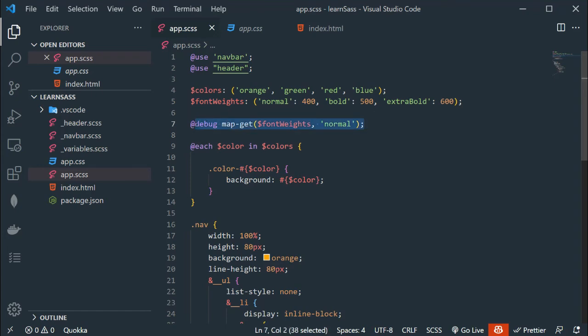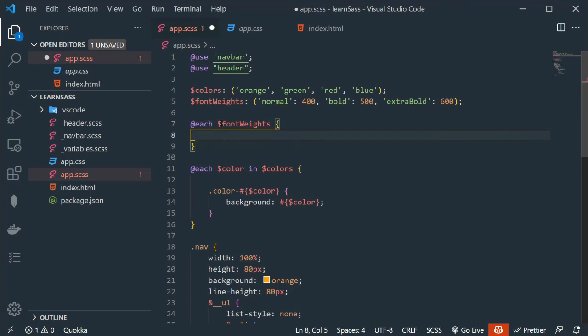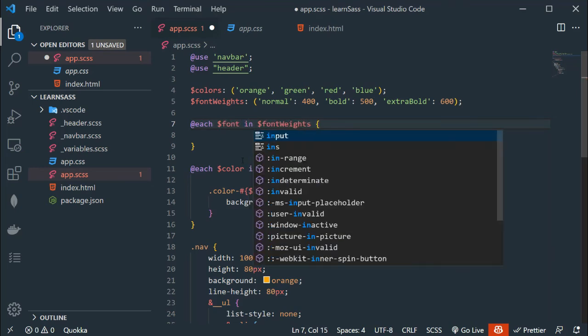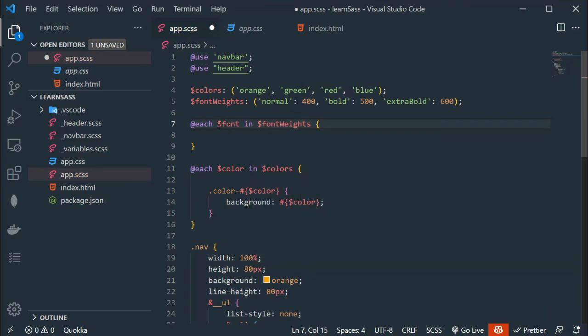Let me add here the each keyword, and I want to loop this map. Let me copy, paste that, curly braces. After the each keyword I am going to add a variable. Let's say $font. Through $font we can access key and value.